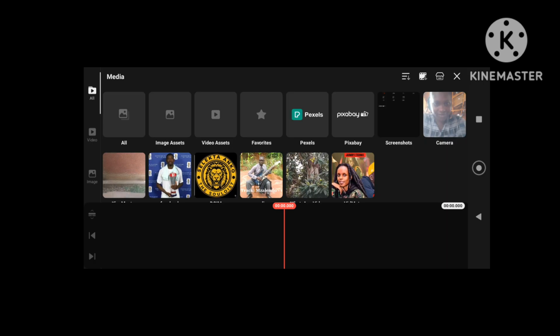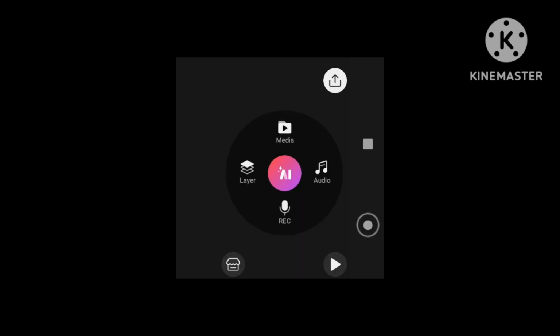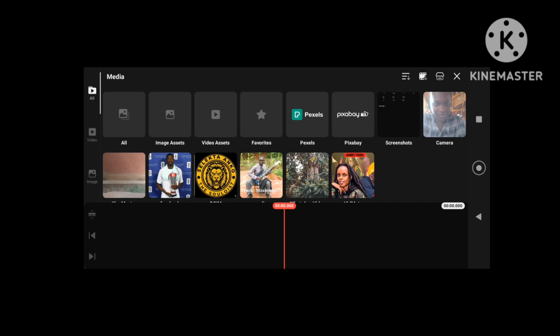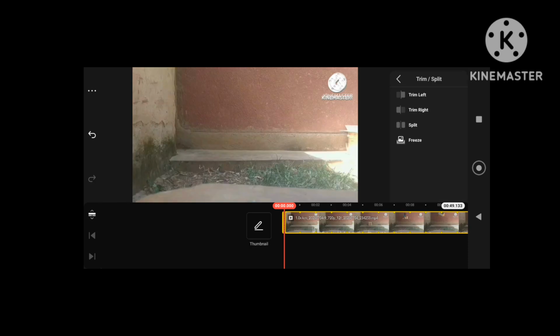2. The next step is to import your main footage. The media wheel, you can see this one. This is the media wheel. The media wheel appears on the right side of the screen. Tap the top media icon. Select the main video clips or photos that you want to edit. These items will load onto the main track, the primary timeline, which is the top timeline.